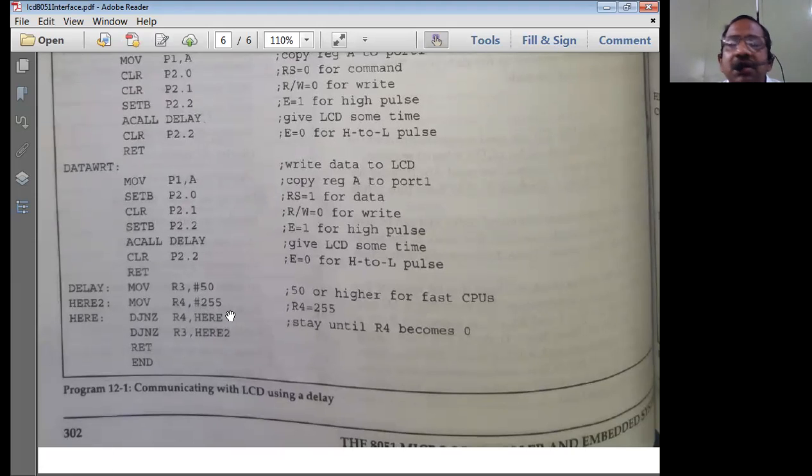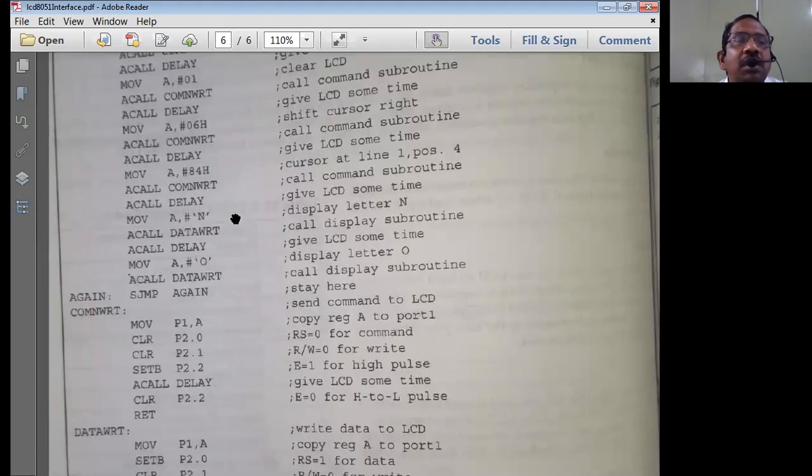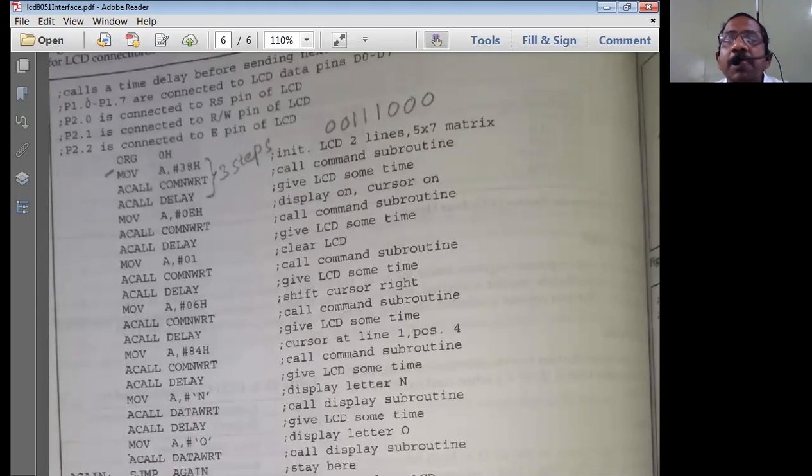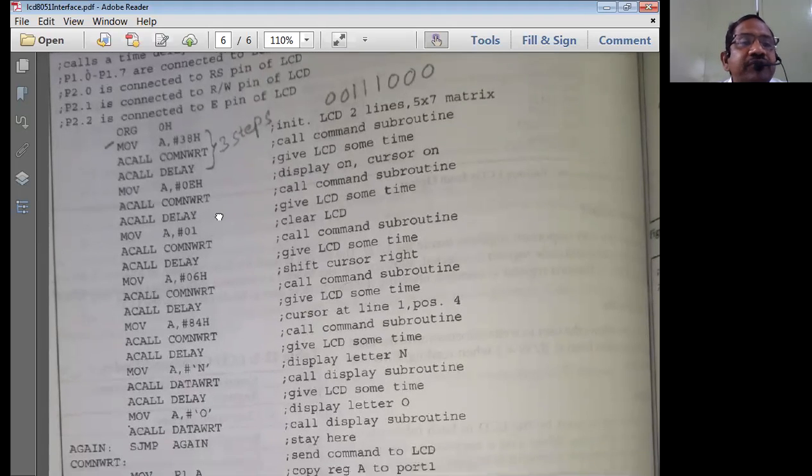That means the delay time is nothing but staying in this loop for a certain time period, approximately 450 nanoseconds, so that some time delay happens. So intentionally we put this time delay so that the LCD display unit can get set to the appropriate instructions, can get reset for the new instructions which are going to come.